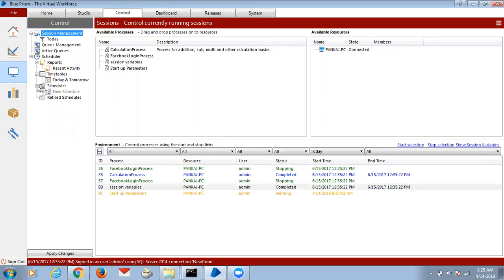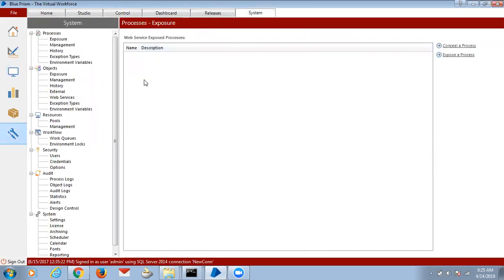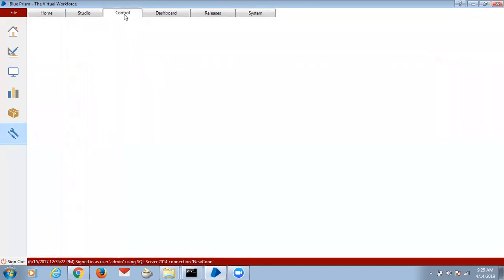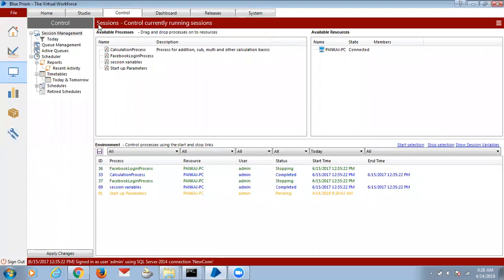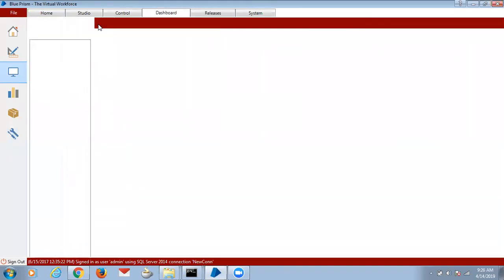The people who run the bots will have access only to the control room and the system. Why? Because they have to update environment variables and credentials before that. There is a document called prerequisites for the bot, which lists what changes we have to make before running the bot. It is the SIP, solution implementation procedure, document. In that we mention all these things, so they have to update those environment variables and credentials before running a bot.